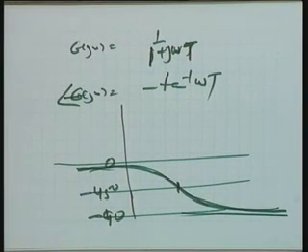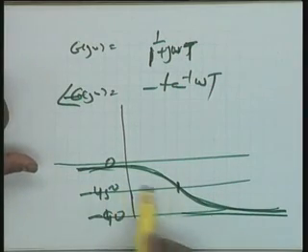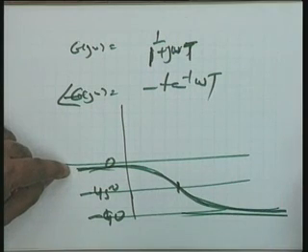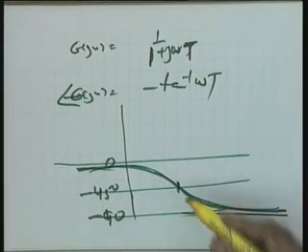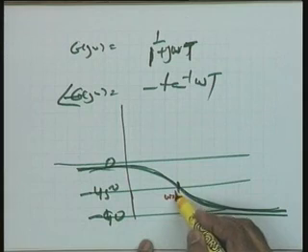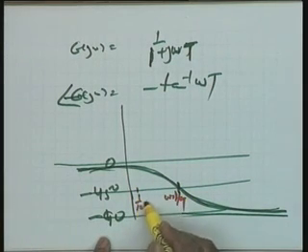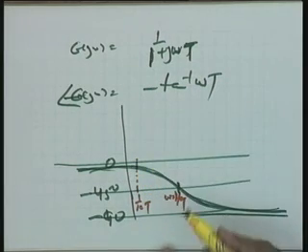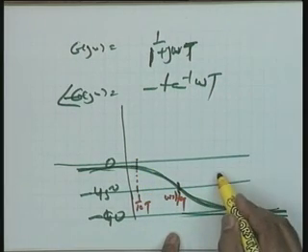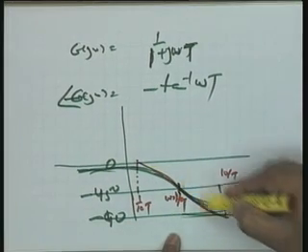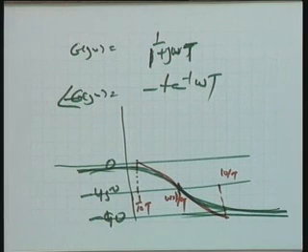Now, I say that many books will give different methods. One approximates it so that you make a template and keep on using it, avoiding calculations. The other: you just approximate it. Omega equal to 1 by t is here. Go 1 decade below, so omega equal to 1 by 10t, draw a vertical line. Go 1 decade above, omega equal to 10 by t, draw a vertical line. Join these two lines, passing through this point. This red straight line may be taken as the asymptotic approximation of the angle plot.